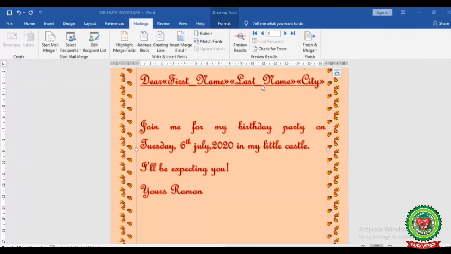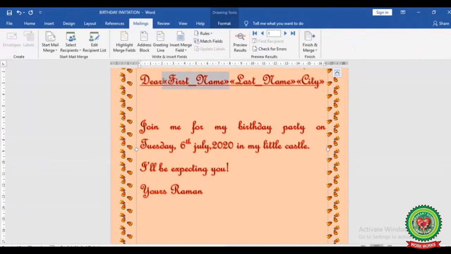If we want to make them separate or bring them to the new line, we will use Enter key or spacebar key. How we can do that? For example, if I want to bring this first name field in the new line, I will place my cursor before this field.